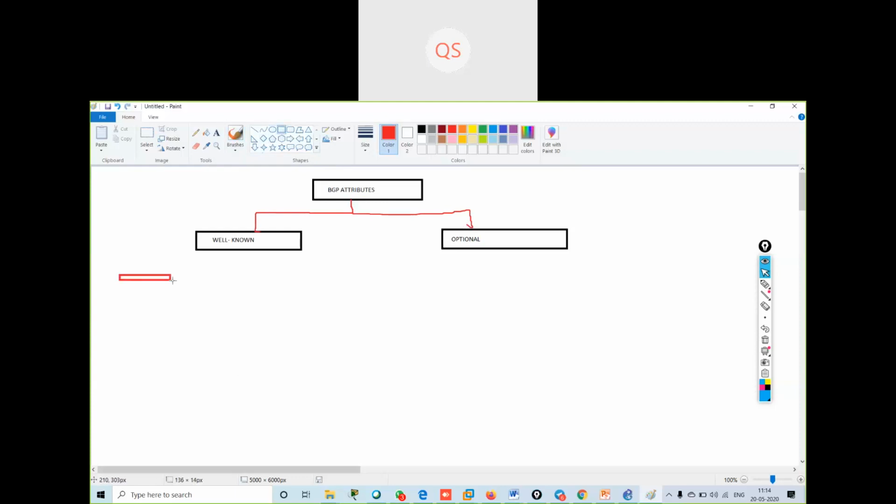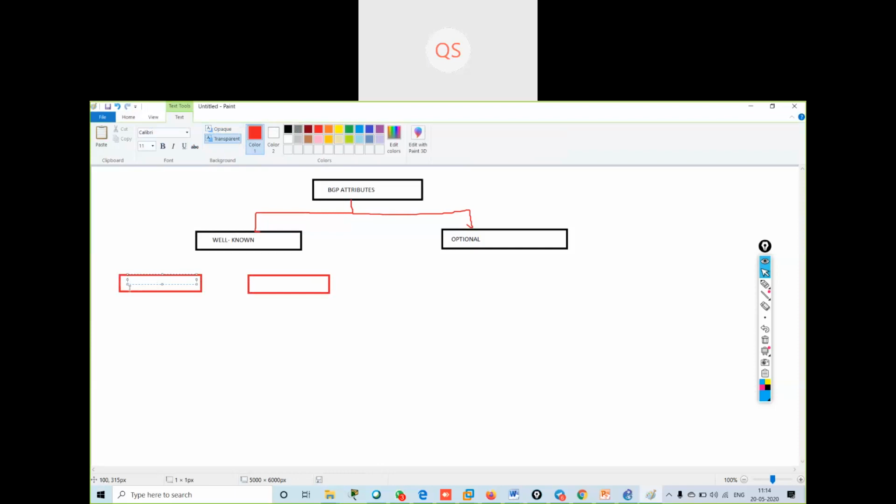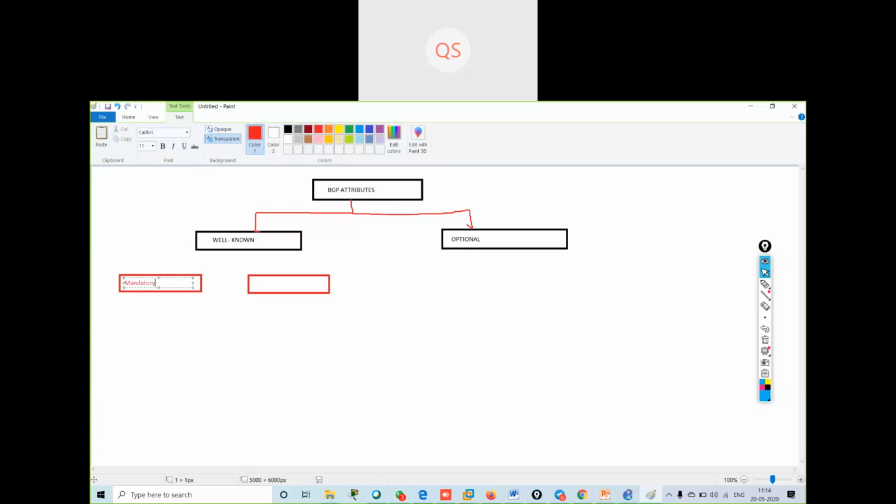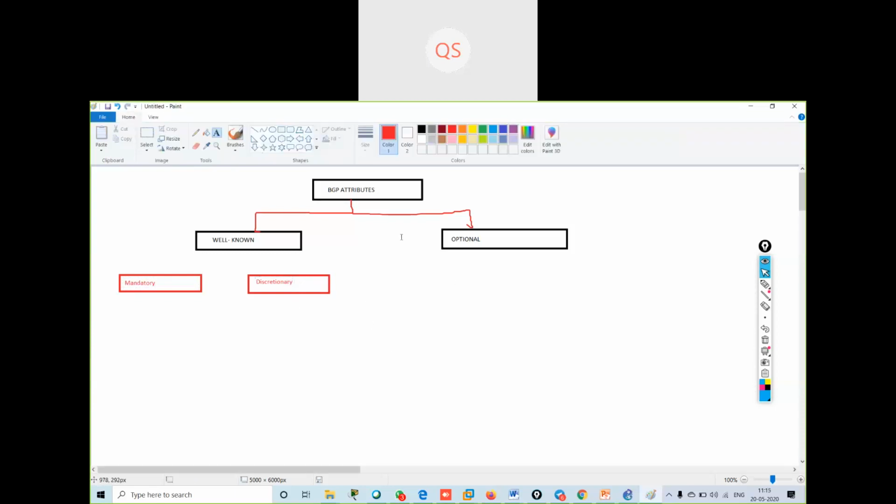Now, if I go inside, I have multiple things.